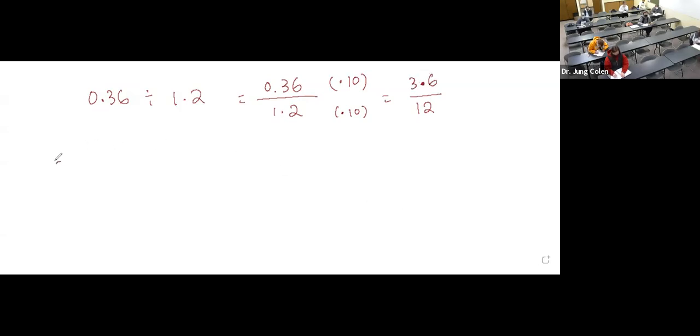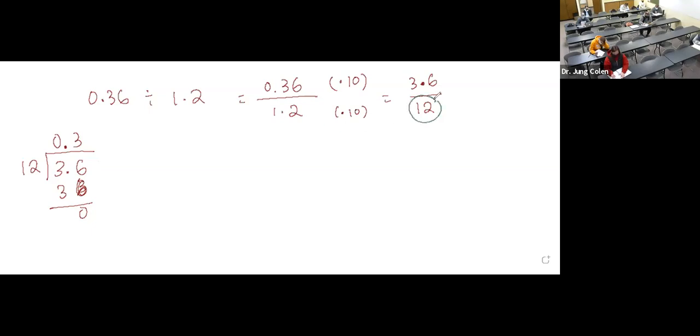So you can have 3.6 divided by 12. You can see the dividend is the whole number, so you can just figure out how many 12 goes in here. None goes in 3, right? And then you can see 12 times 3 will be 36, right? So it will be 0.3. Okay? So that's the easiest way, I believe,